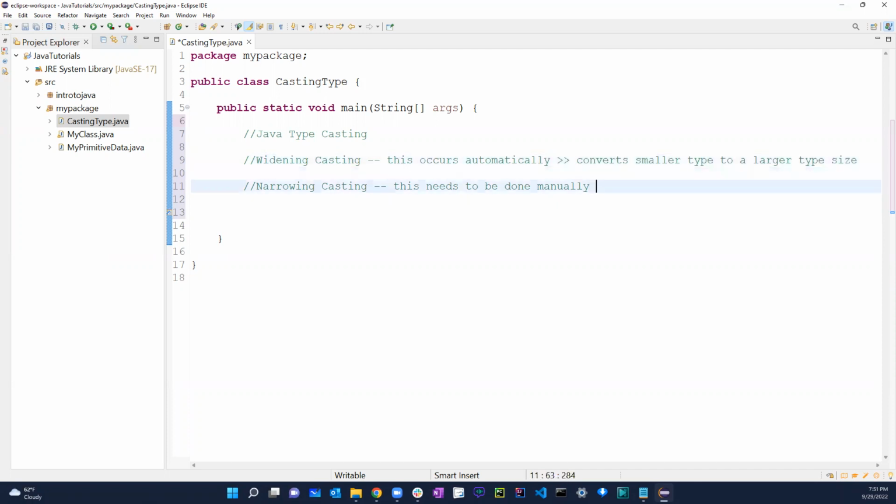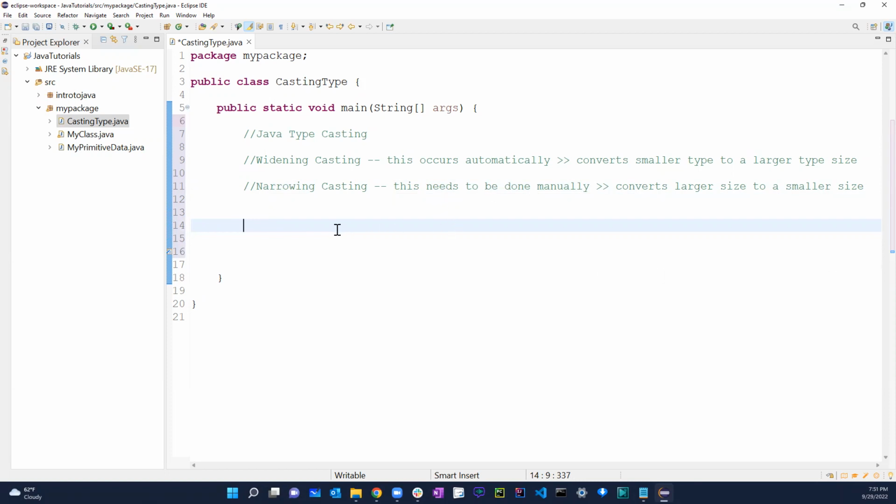And this thing is just the opposite, which converts larger size to a smaller size. Now, what does this mean, right? So let's get some examples in. Now, let's say, as you guys know,